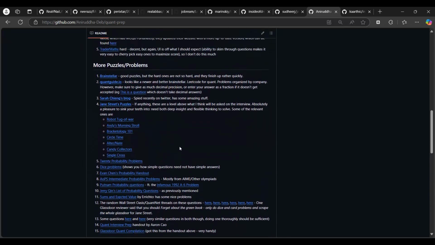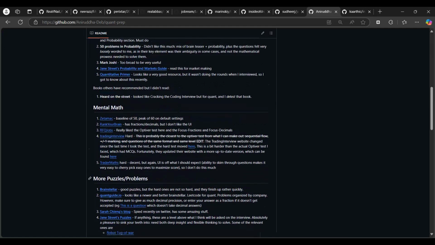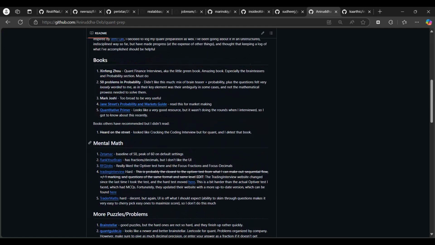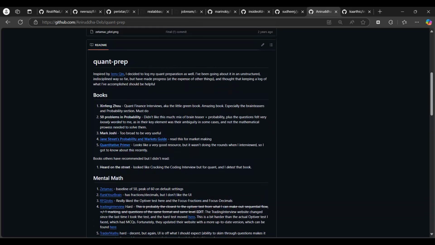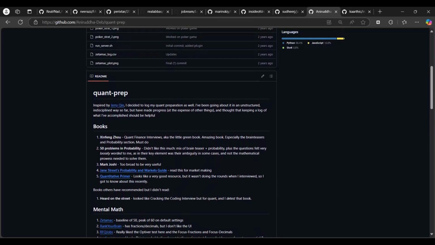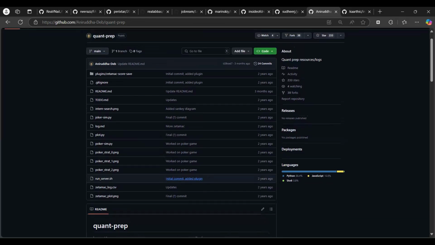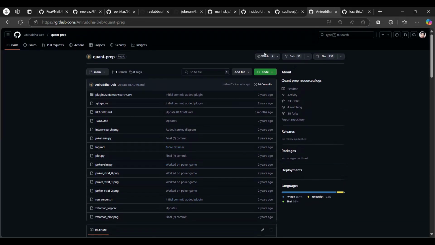So I'm not familiar with this quant domain. But anyways, if you're someone who is preparing for quant, these resources will really help you out. That's what my job is, to introduce you to the resources. So make use of this GitHub repo if you're someone in quant, right? So moving forward to the next GitHub repo,